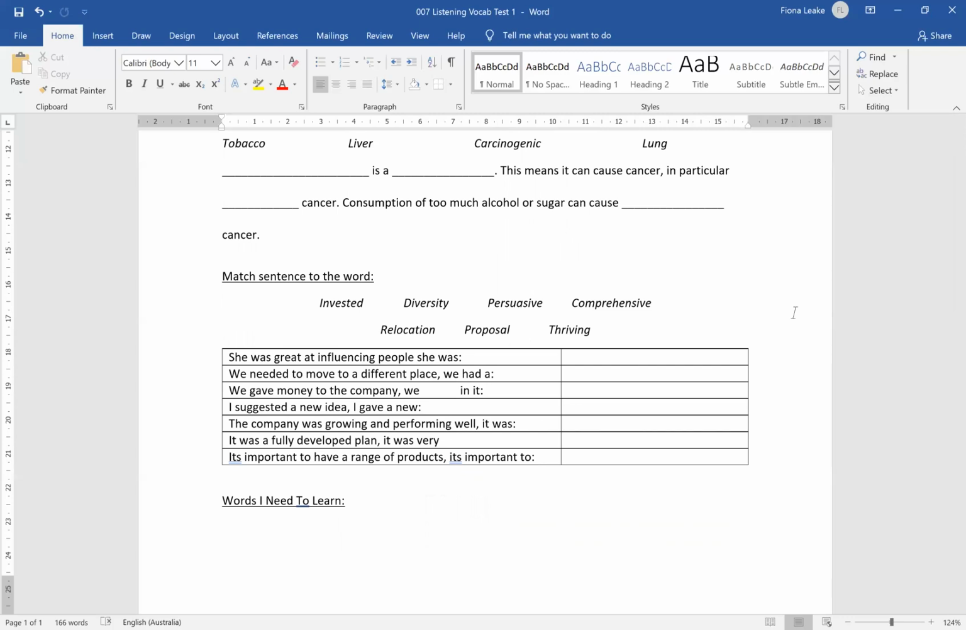She was great at influencing people. We needed to move to a different place. We gave money to the company, something in it. I suggested a new idea. I gave a new. The company was growing and performing well. It was a fully developed plan. It's important to have a range of products. It's important to